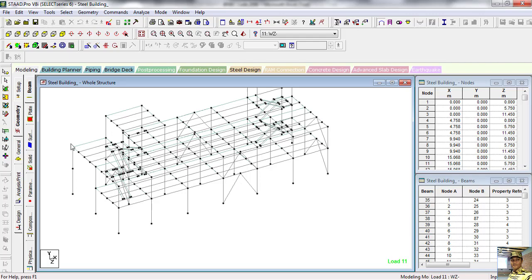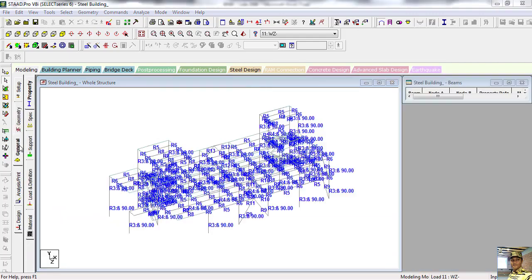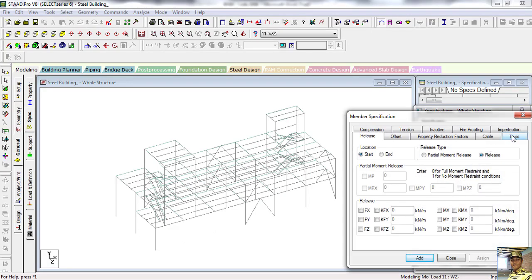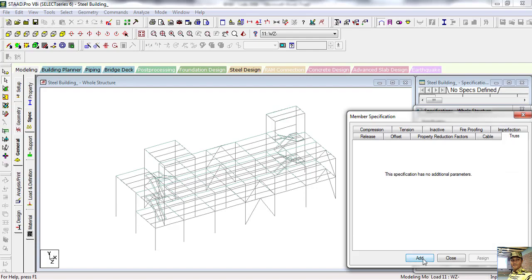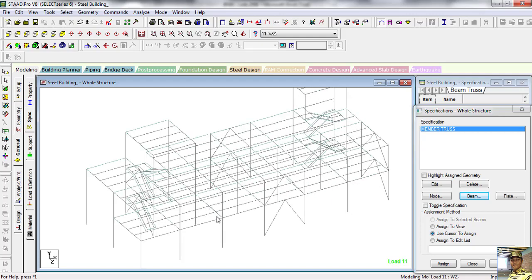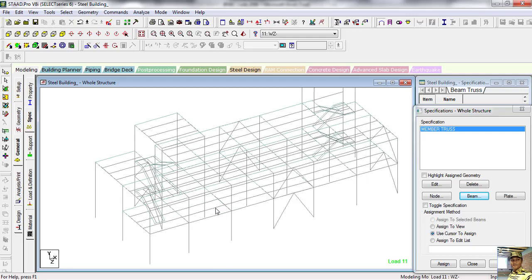So what we'll do, geometry, general, specification, and go to beam, and that is truss, add, and also see this subbeam is acting as a member that does not transfer the moment. So what we'll do, select any subbeam.